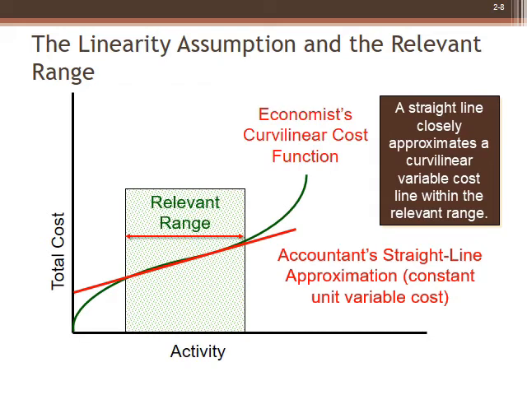Nonetheless, within a narrow band of activity, there is a range that we can easily classify as a straight line. So this relevant range is the range of activity within which the assumptions made about cost behavior are valid. In our previous example, we talked about rents increasing